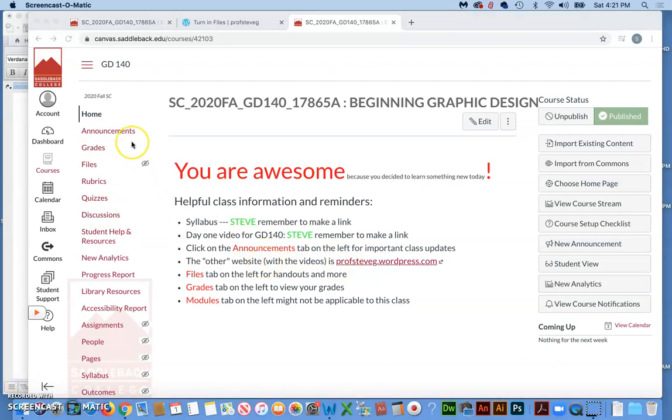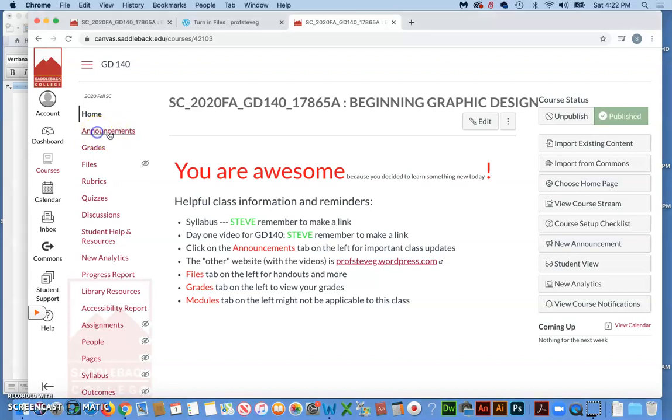One of the things that I use a lot in Canvas is announcements. So if, for example, you were lost in the class, after perusing this information and getting back to the basics, click on announcements. If you're not lost, then you want to click on announcements anyway, and always pay attention to the latest announcements so you know what's due for the next class and so on. But if you ever get lost or whatever, you can go back, watch the very first announcement that was posted, and all the ones in between, and you should be able to get caught up.